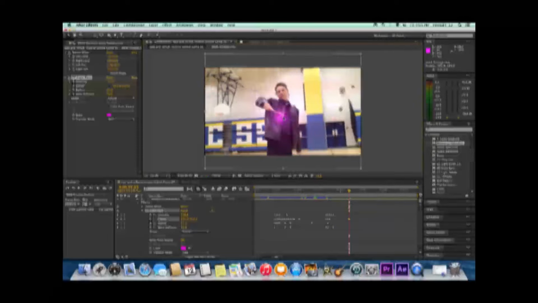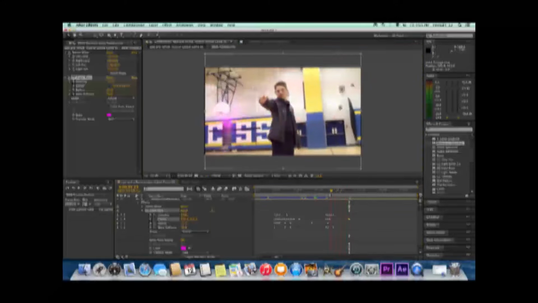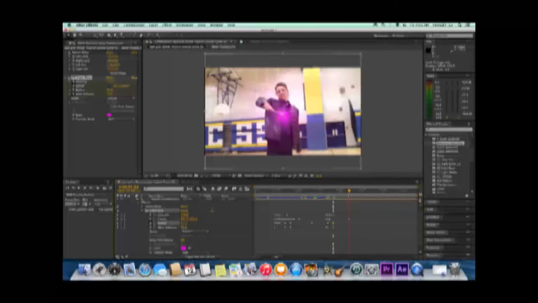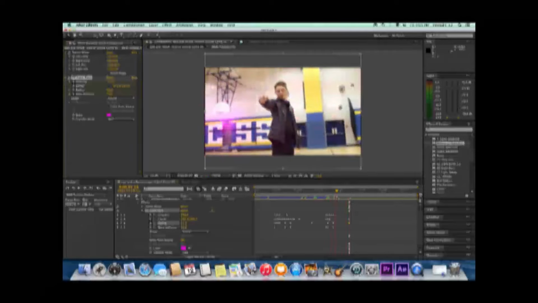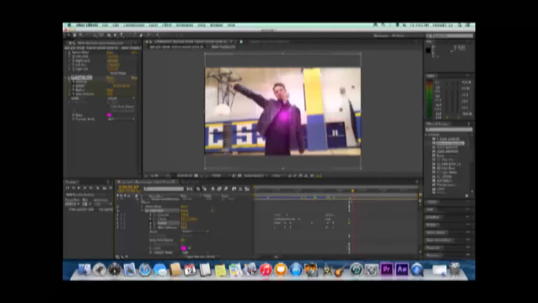Alright, so let's put it about there at the end of his wand. Let's come back to the beginning here. Let's raise the radius 61. And now, as we get to the center here, we'll drop it down to 50. That way, it gives the effect like it's getting closer to him. Alright, so flies through. When it gets here, and he does that first flick,